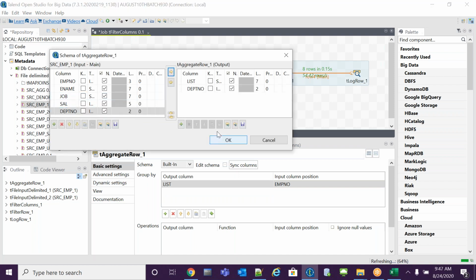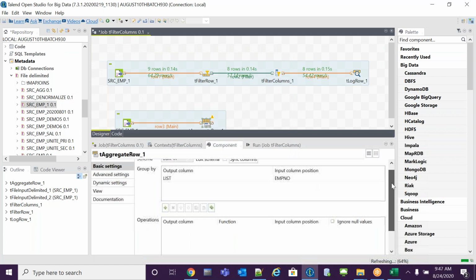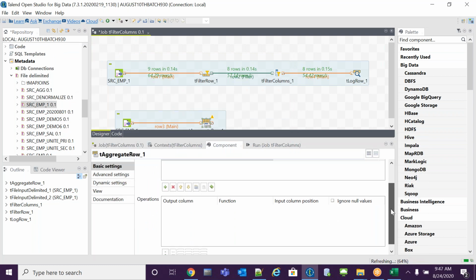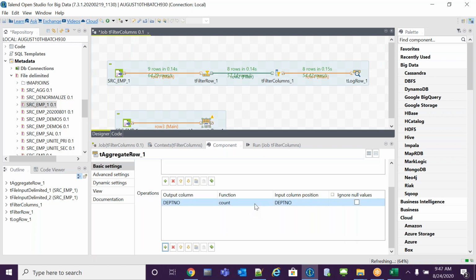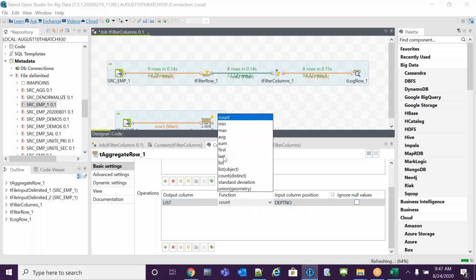This is the input column, DEPT number, group by function, list function. There is an operations option. What are the ename you want, right? Select the function as a list.